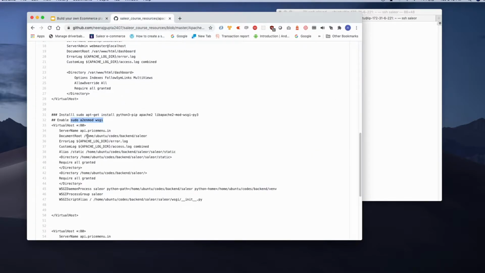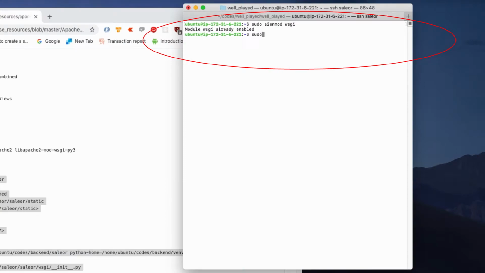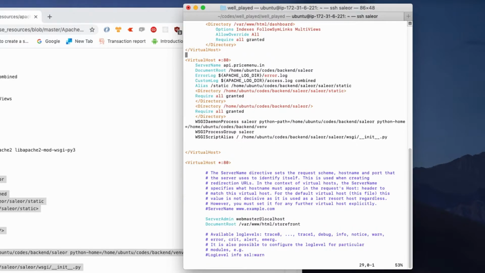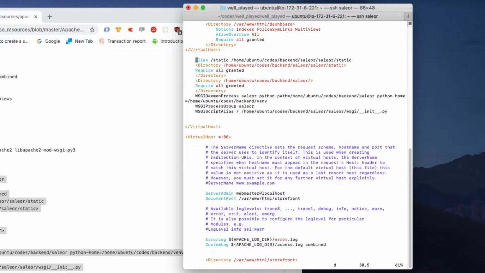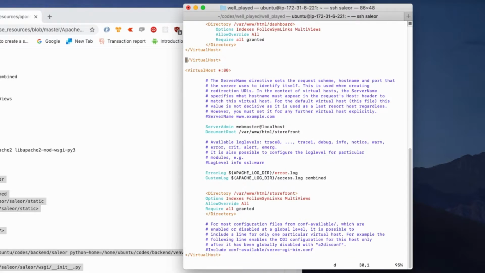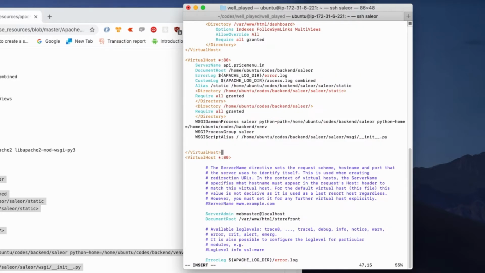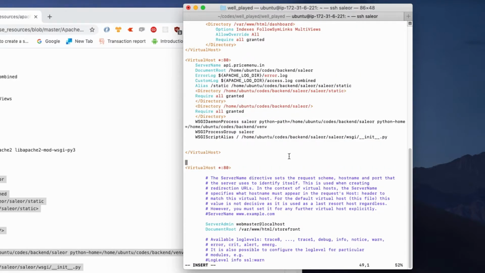I am simply copying these commands and pasting them here.